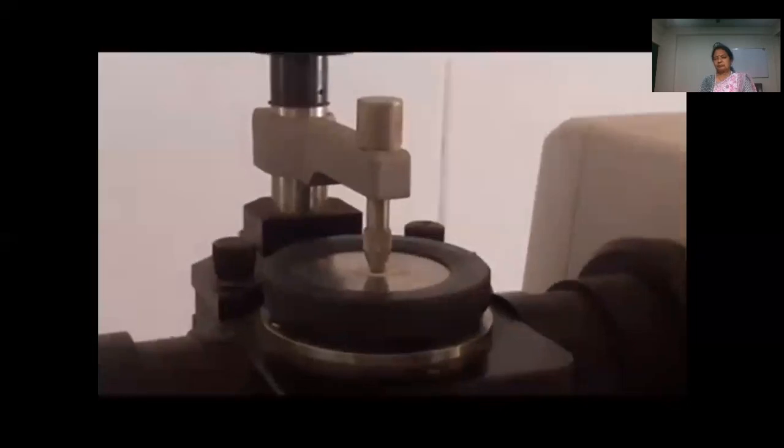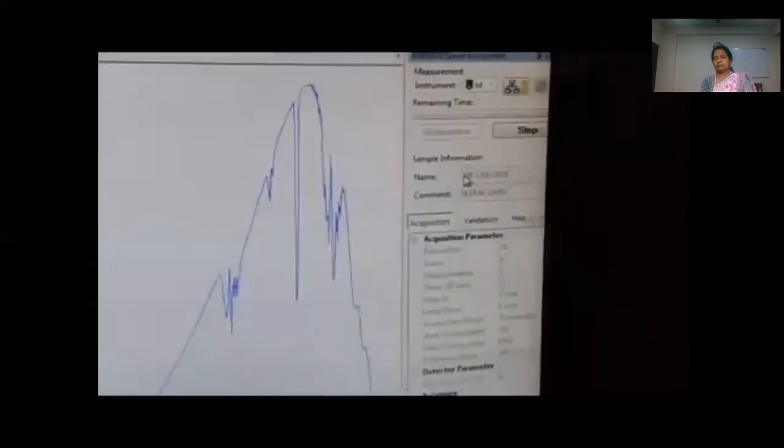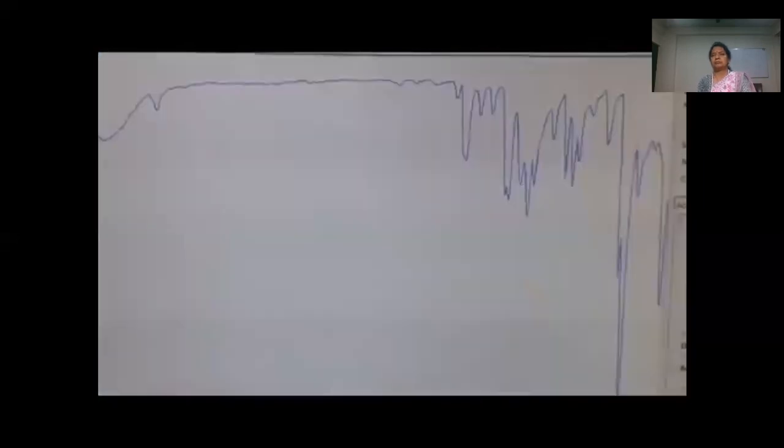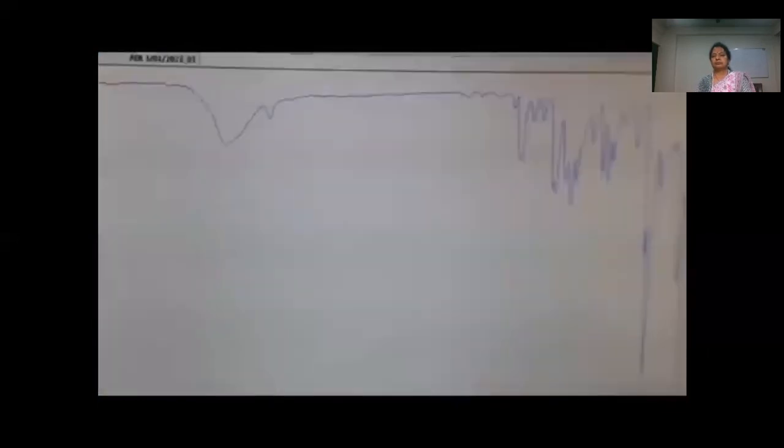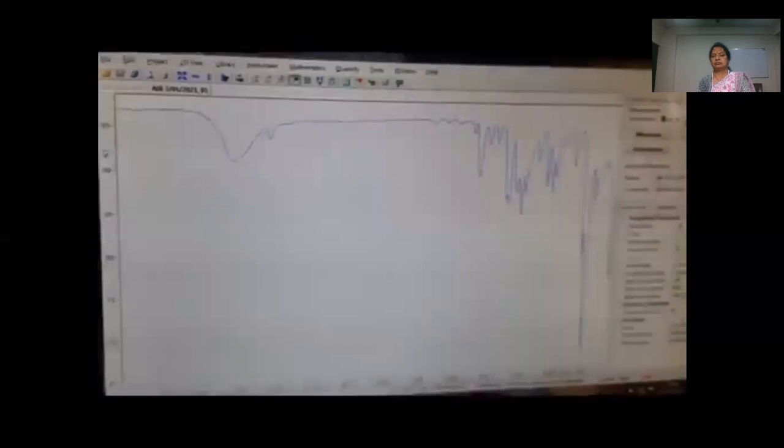Now I am going to measure it. Here, it is our sample and we can name it sample. Sample, right?